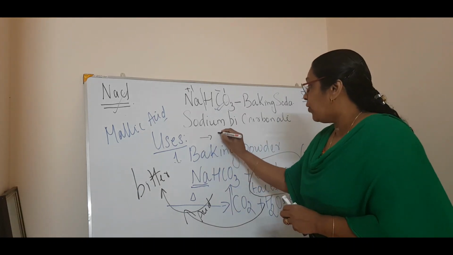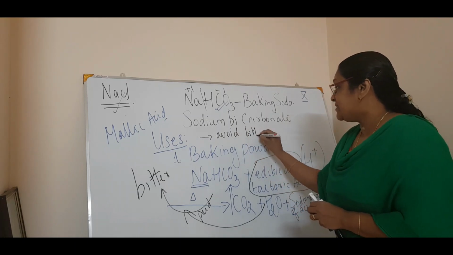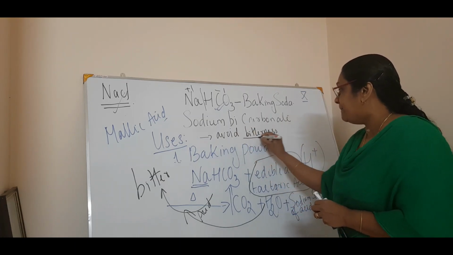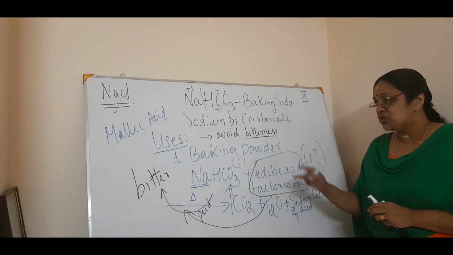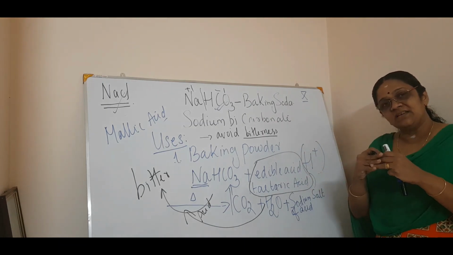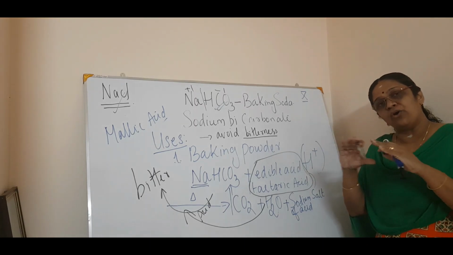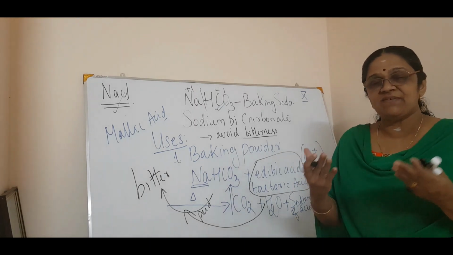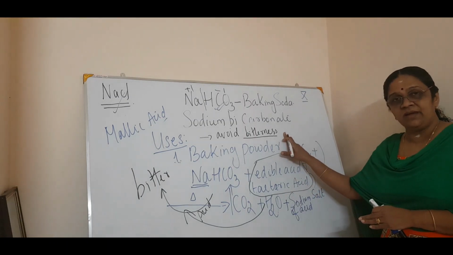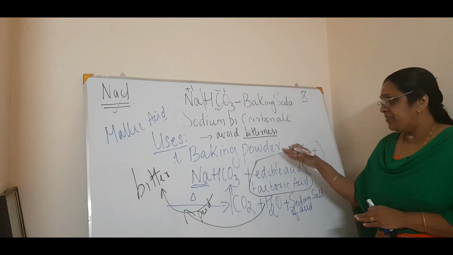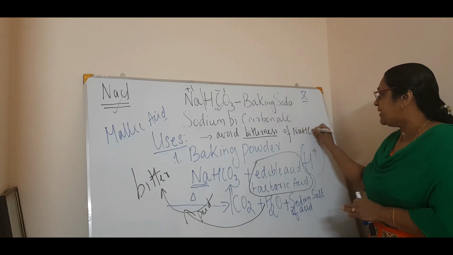How will we make it? Make a point on that: avoid the bitterness. The value point should be bitterness, not sourness. Sourness is for acid, isn't it? So when sourness and bitterness combine, there won't be any effect of that bitterness. It will be neutral or normal. You know, right? Acid plus base gives salt and water. Salt is in most cases tasteless, it won't be bitter. So that is why, in order to avoid the bitterness of base, or you can write sodium bicarbonate.